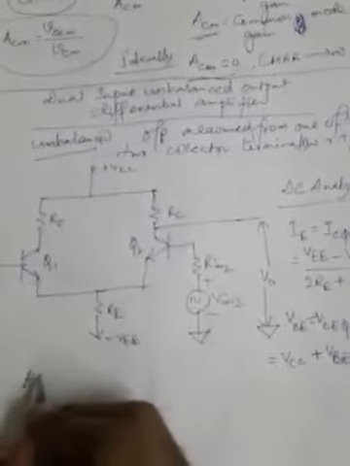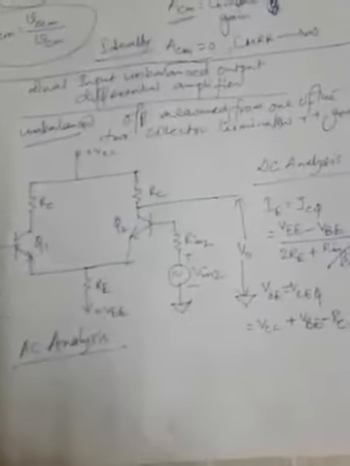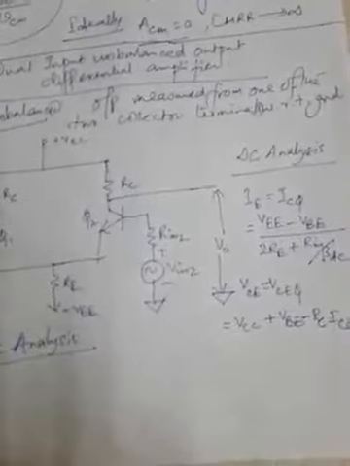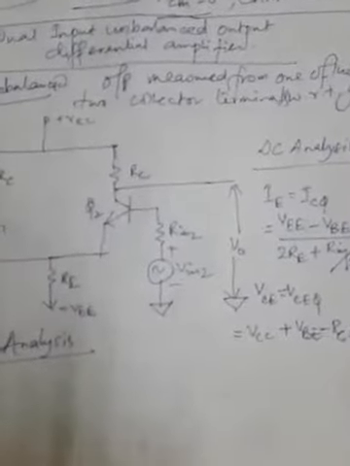So these were the two expressions which will govern the DC operating condition for the DC analysis of this configuration. Now let us do the AC analysis, which will be slightly different from the previous configuration. Let us first draw the AC equivalent circuit of this configuration with the small signal T equivalent model, likewise we have done for the previous configuration also.